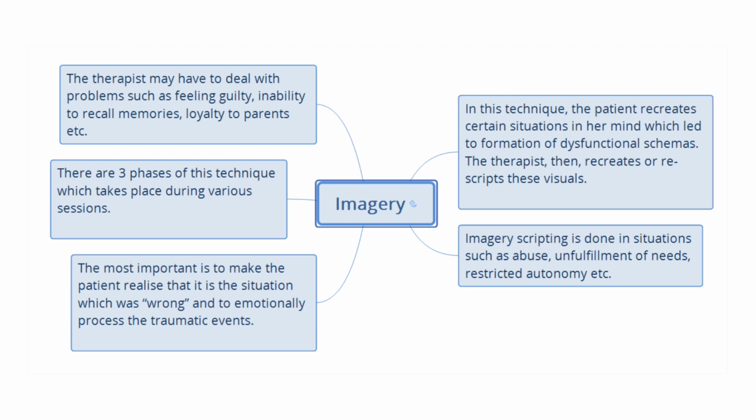Continuing with the example in phase 1, the therapist enters the room and stops the mother from hitting the patient. The patient feels that her mother is angry, but she will not hit her as long as the therapist is present there. Then, to eliminate the threat and to make Nora feel safe, the therapist sends the mother out of the room. Once the attacker has been sent away, the imagery continues.